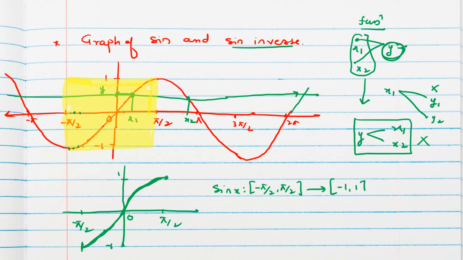Okay. Now we can interchange the domain and codomain to get sine inverse x. So minus 1 to 1 and minus pi by 2 to pi by 2. Because now in this graph, if you do the horizontal line test, anywhere if you draw a line, it will cut at exactly 1 point. Okay, that means we can see a one-one correspondence here, and an onto correspondence here. That's why the inverse exists for this domain.